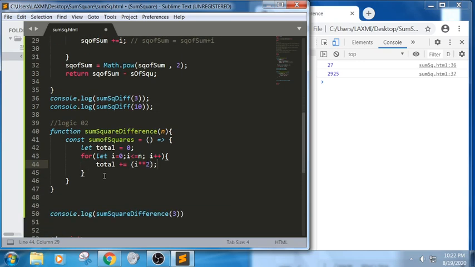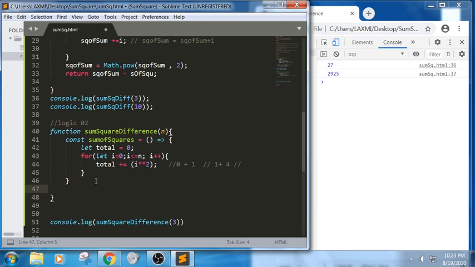So in this first logic we need to have two parts. First one is the sum of squares, in the sense the sum of all the squares. First it should add 1 square, next 2 square and 3 square. So first total is equal to 0 here, 0 plus what would be the 1 square here, 1 in the first iteration. In the next iteration it will be 1 plus 2 square, which would be 4. Next we will iterate till the values we have given. It is about the sum of squares.